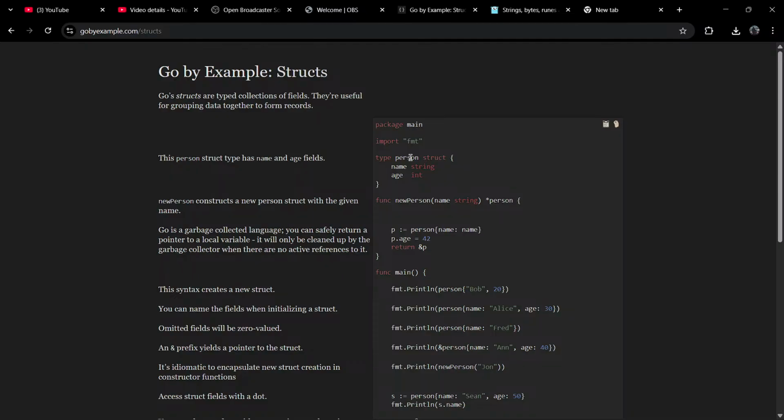Then you write func newPerson, a new function with a parameter of name string, returning a pointer to person. Whatever data structure we created, it should point to what it returns. I think so, isn't it? Yeah, that should do it.